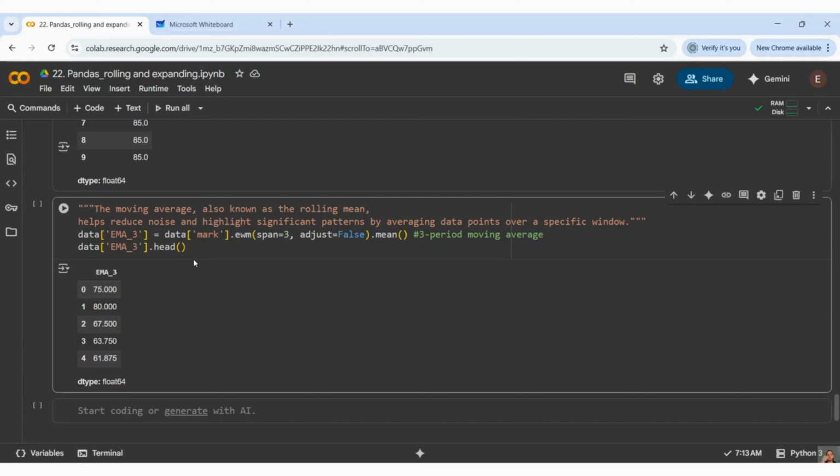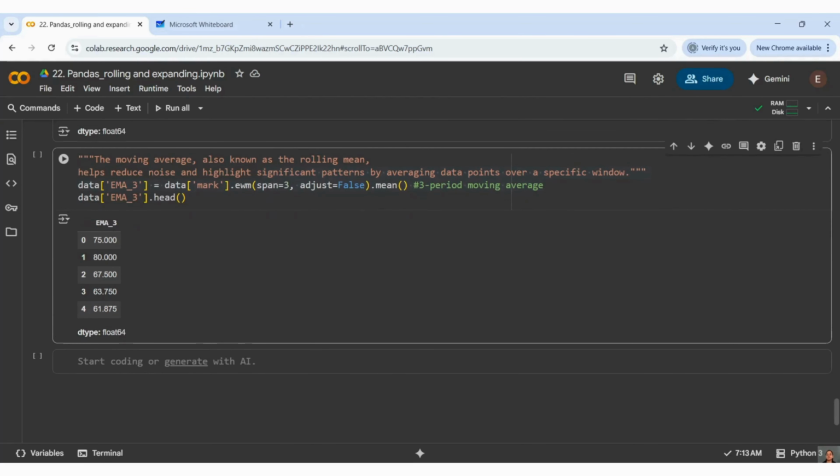To standardize and scale it, it helps to reduce noise, which also matters in deep learning, and highlight significant patterns by averaging data points. So it is helpful for normalizing and standardizing the data. This is one more concept I have told you about, because there are many ways we can standardize and normalize data. This is one of them.